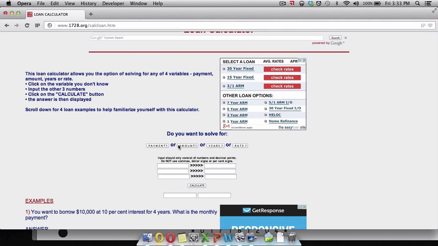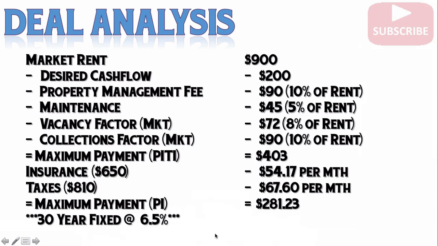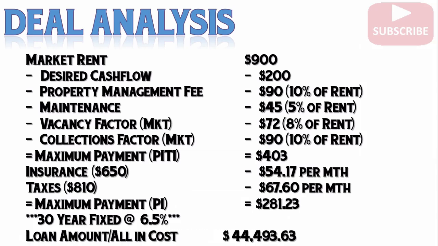it says, do you want to solve for? I want to solve for the loan amount. Because I have my years, that's 30 years. I have my rate, which is 6.5, and I have my payment of $281.23. And I will calculate, and that gives me a mortgage balance of $44,493.63. Now, what I will do is, based on that loan amount, that should be my all-in cost on that transaction. So my all-in cost should be no more than $44,493.63. Now, that does not mean that is my offer price, because I still haven't accounted for rehab on the